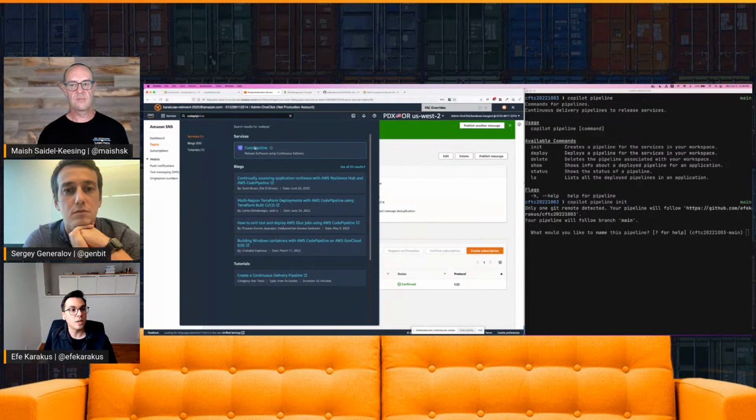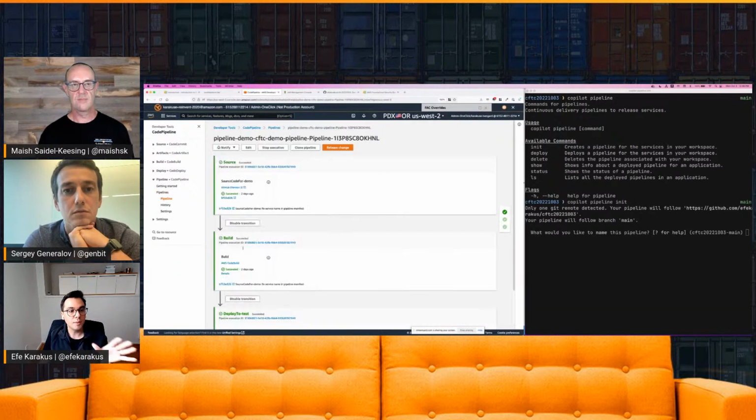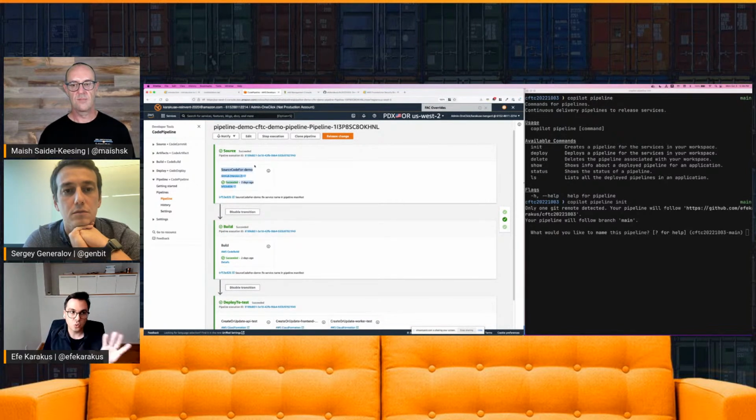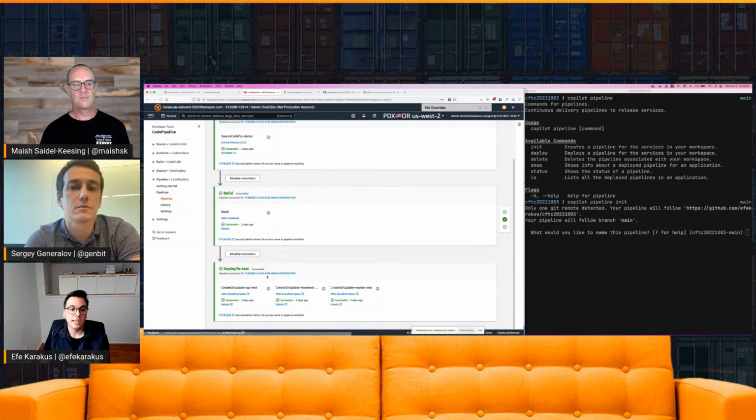So if I go to CodePipeline, you can see that the pipeline created has a source stage, which pulls my artifacts from GitHub. It's going to build my container images and then push them to an Amazon Elastic Container Registry repository in the build stage. And then finally, under test, I can deploy. It deploys all my microservices, API, frontend, and worker in